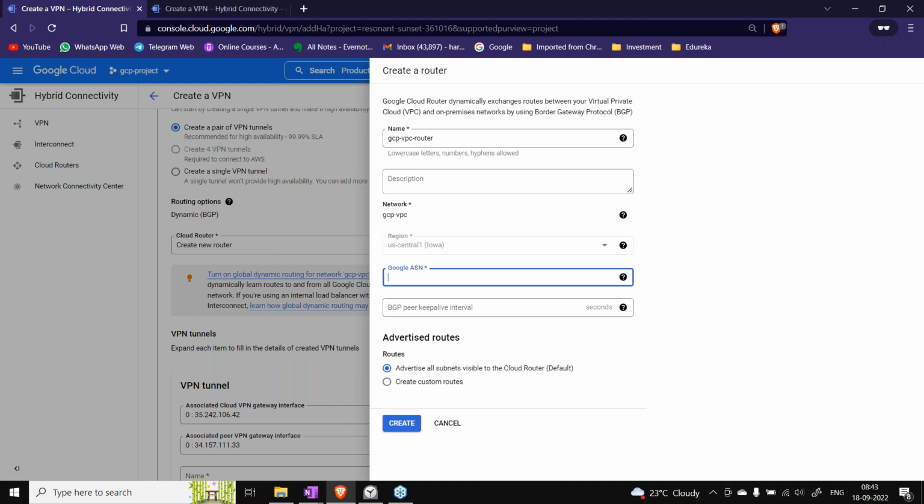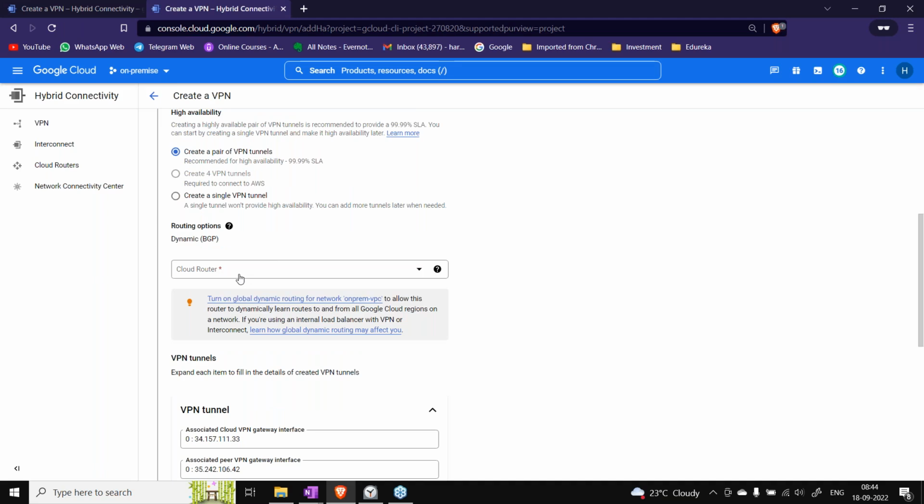So that these router numbers should not clash. It can range from 0 to 65,000; some value is there, I'll have to check that. But you can give something like this also. So let's give this as the ASN number. This number gets tagged to your router. The routers should be able to talk to each other, right? So they will use the ASN number of each other to talk to each other. So just remember this number. For the GCP one, we have 65,001. Okay, let's create.